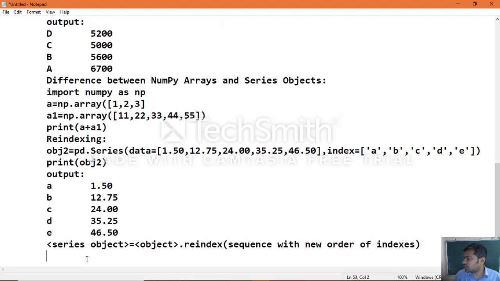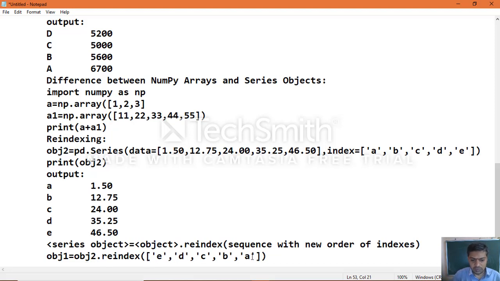Now we can apply it on the example we have taken, the obj2 pandas series object. So obj1 equal to obj2.reindex of e, d, c, b, a. Then you can execute that reindex function.